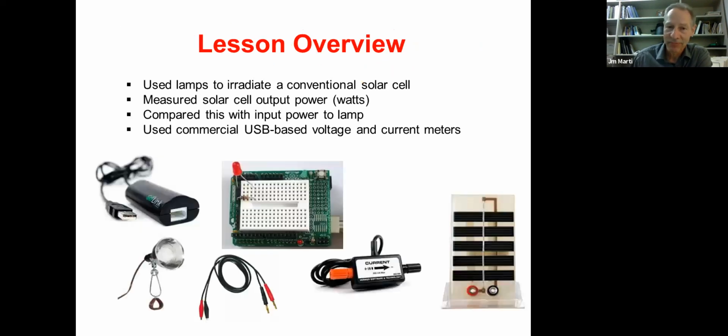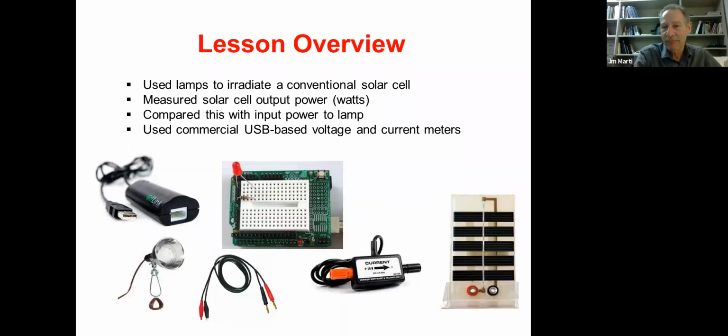So to do this, he was relying upon a number of commercially available, simple USB-based sensors for current and for voltage. Perhaps you've used these things. I think they're Vernier. They're called Vernier Go series. He also found a cheap source of solar cells, and then set it up so that the students would